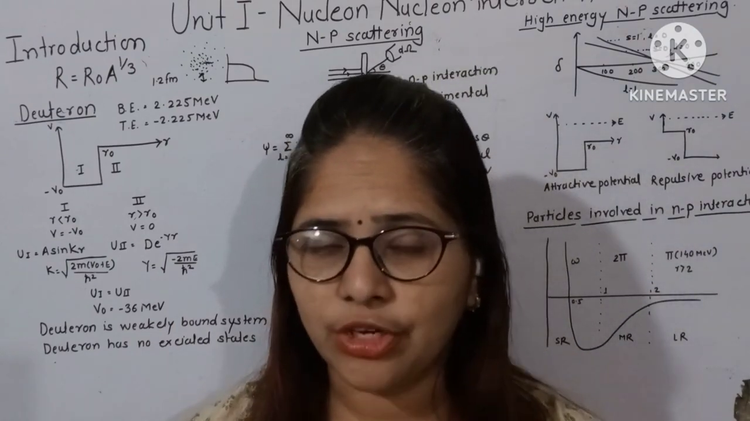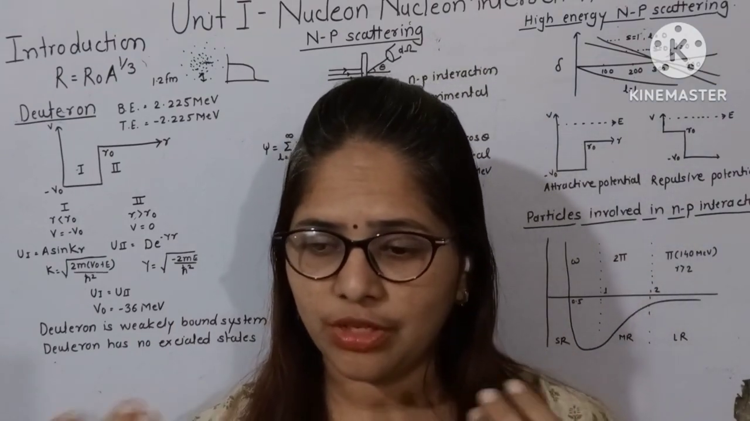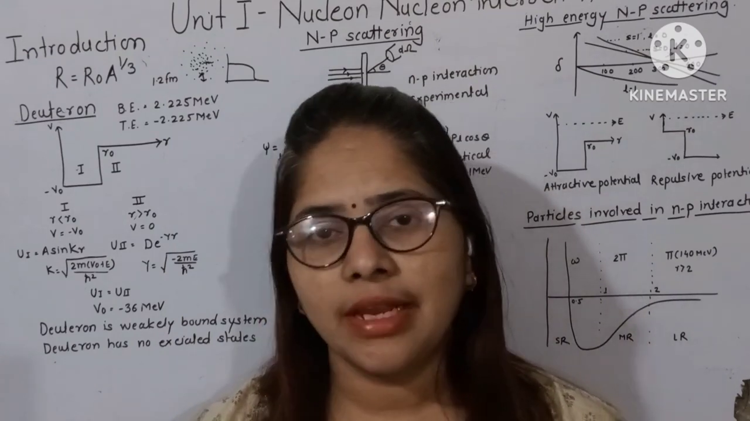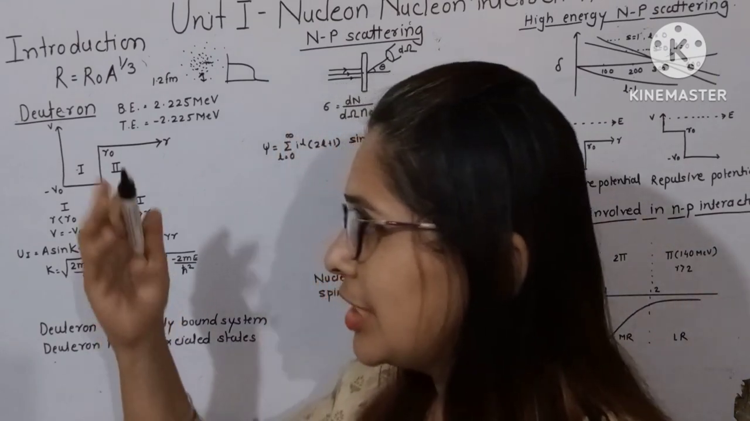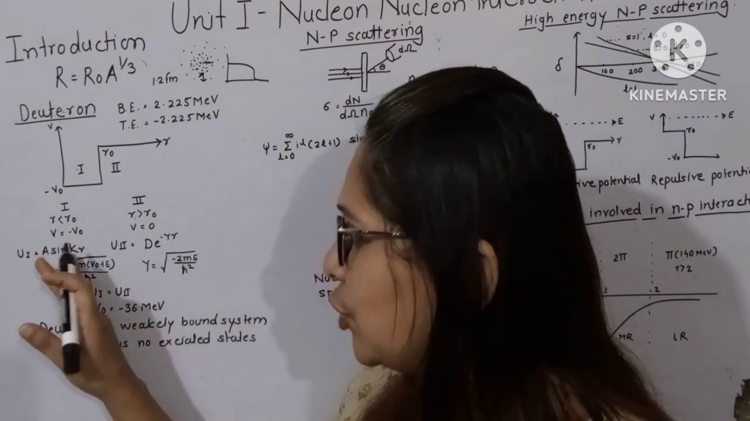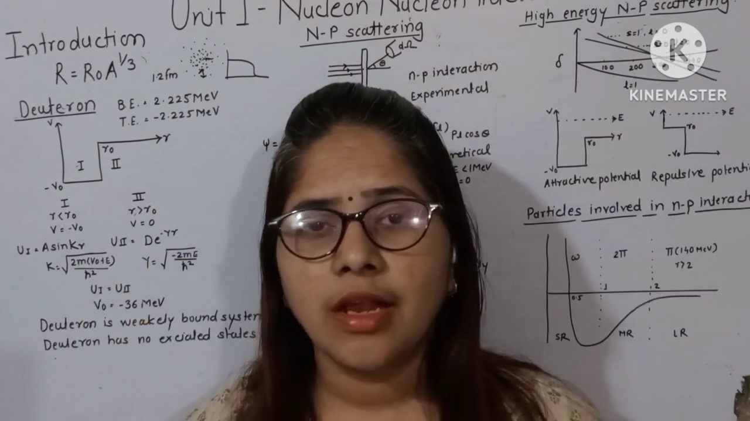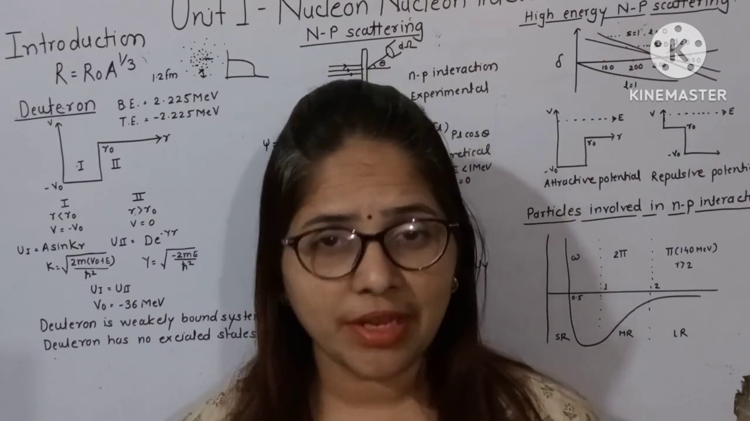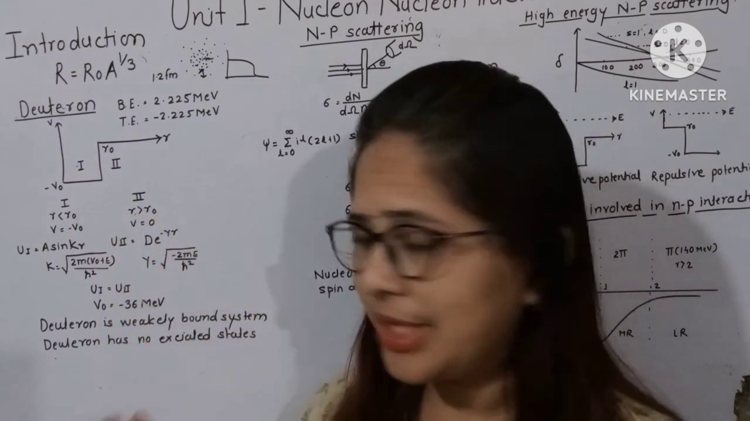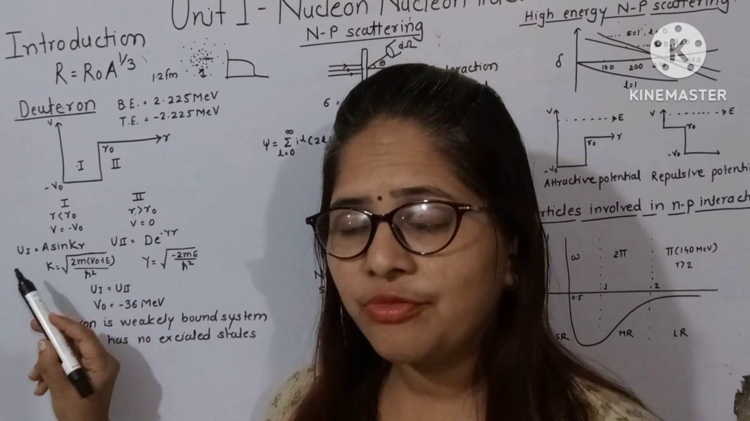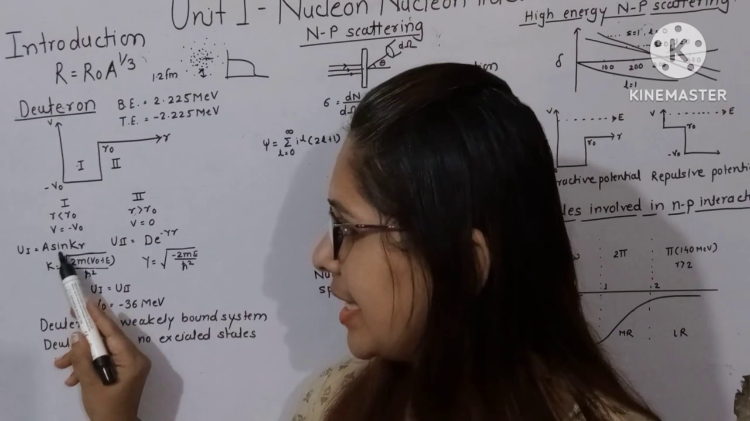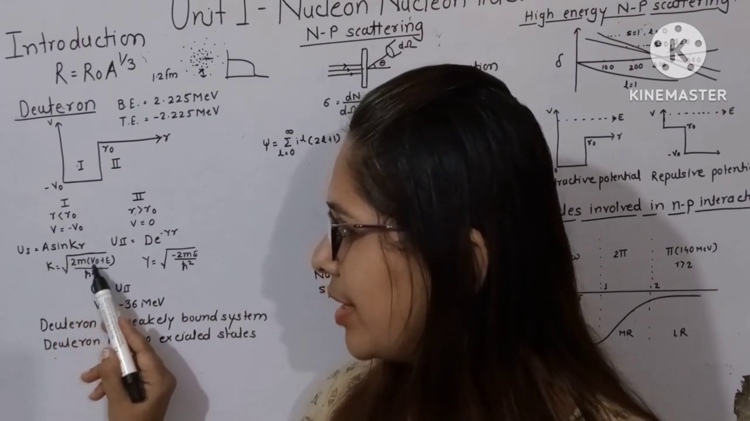Now, once we have understood the two regions for the nucleon-nucleon interaction, we have applied Schrodinger's time independent equation for these two potentials, and then we have calculated the two equations. By applying Schrodinger's time independent equations for these two regions, we have evaluated the wave functions for region 1, that u1 is equal to A sin kr, where k is equal to the square root of 2m(V naught